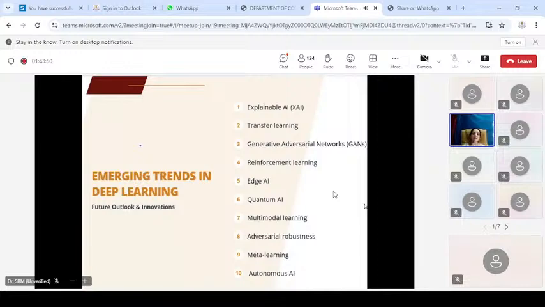Okay. XAI is a growing area of research, and it focuses on developing techniques mainly to interpret and explain the decisions made by the DL models. Now, this is crucial for building trust in AI systems and ensuring that they are fair, transparent, as well as unbiased. With XAI, we can finally understand how the AI models are making decisions, and we can ensure that they are unprejudiced, straightforward, and balanced.